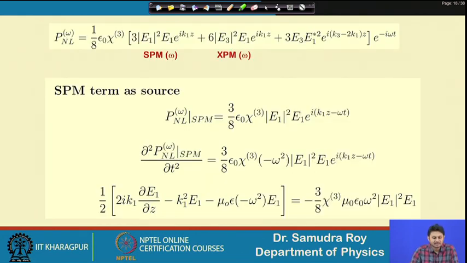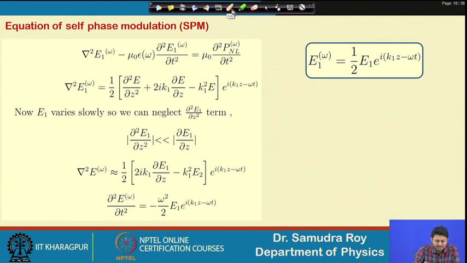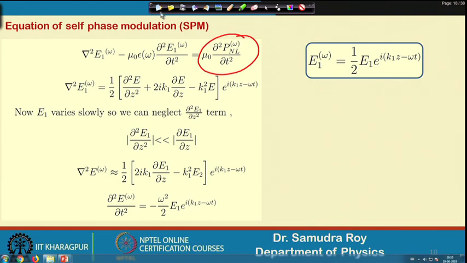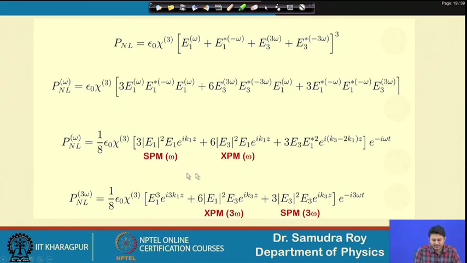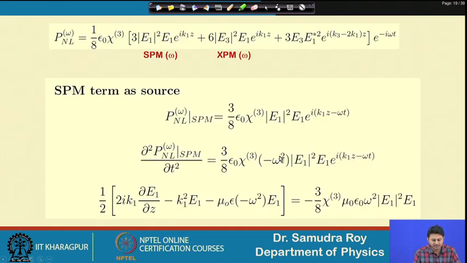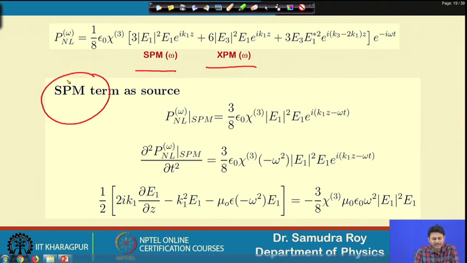But the interesting thing is the source term. This is the source term. If you remember, you will find that this source term contains many things. If I consider P NL omega, then we find that it contains many terms here. So, we need to take care of these issues. Now we will have a source term containing the self phase modulation and cross phase modulation terms, but we are now only looking for the self phase modulation effect. So, I am only taking the self phase modulation as a source term. That means only consider this term.